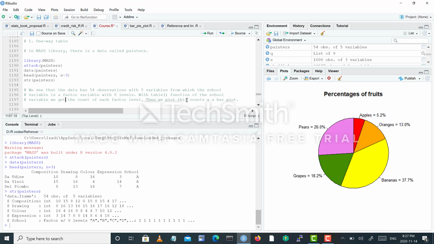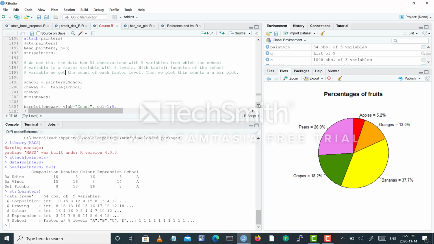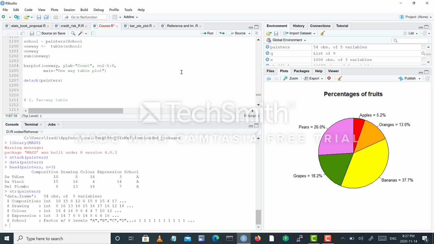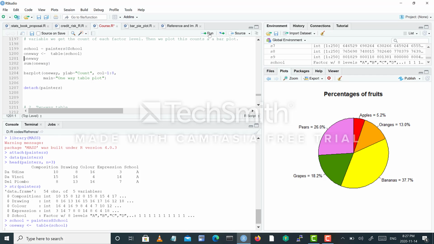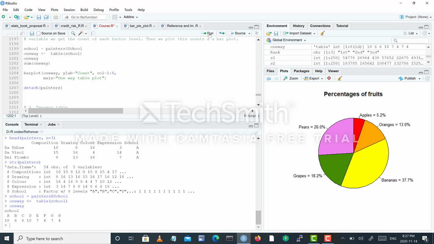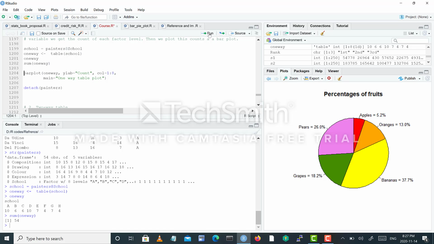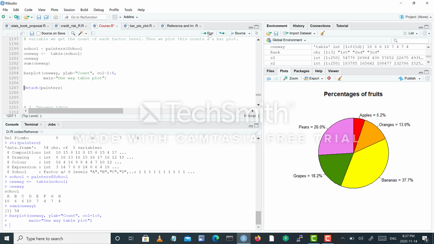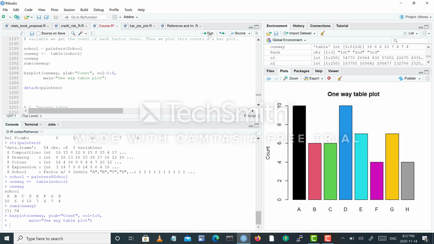the count of each factor level. Then we plot this count as a bar plot. Score, one way: A, B, C, D, H, 10, 6, 6, 10, and sum 54. Bar plot. And we see the bar plot of A, B, C, D and their count. And finally, we need to detach